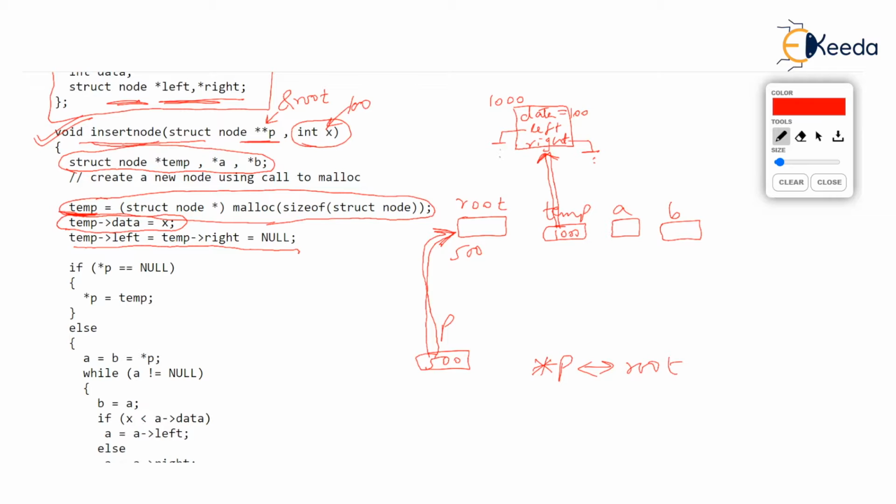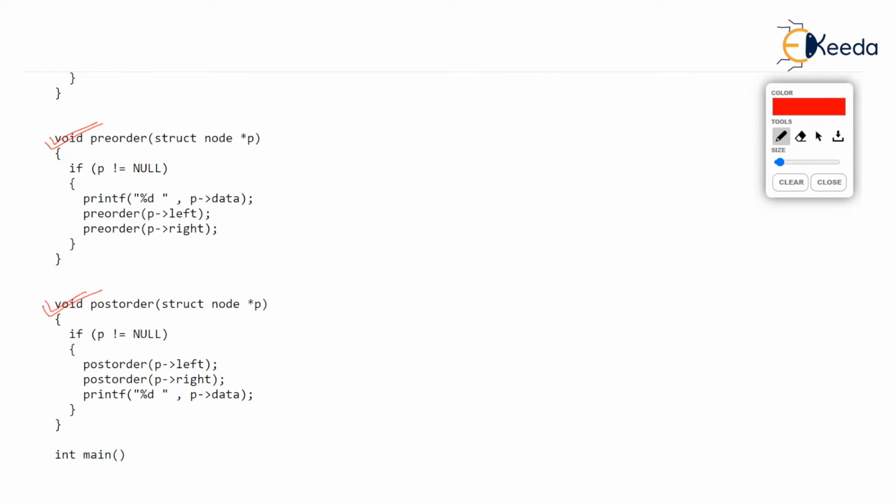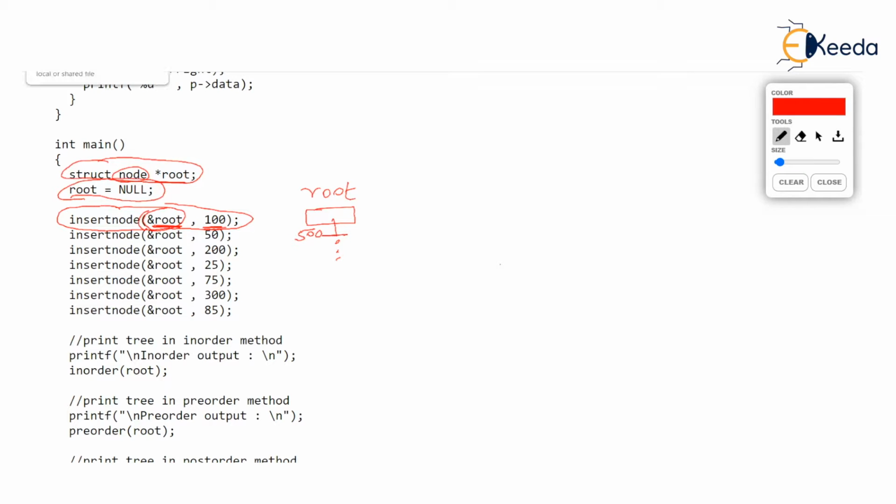Okay, now what? Now the next if you check. The if statement over here is asking if root is null. Asterisk p is the same as root, isn't it? So we are checking whether root is null, and you observe root is null. Remember in the main program before we came to this insert node, we had root equal to null. Just check. In the main, we started by initializing root as null. Root is really null, and then we called insert for the first time.